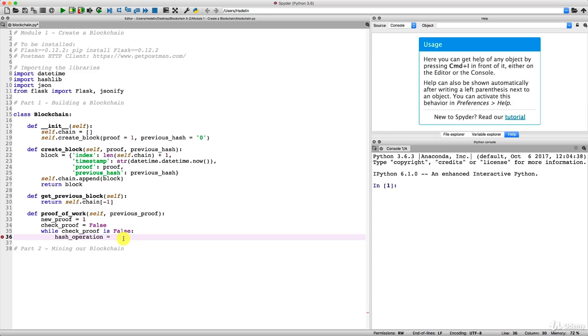And so now we're going to take the hashlib library. From this hashlib library that, by the way, we import here, we're going to take the SHA-256 cryptographic hash function. So it's a function, so I'm adding some parentheses here. And that's where we input the operation of the previous proof and the new proof. So what is this operation going to be? Well, as I said, it has to be non-symmetrical. So for example, we cannot take new proof